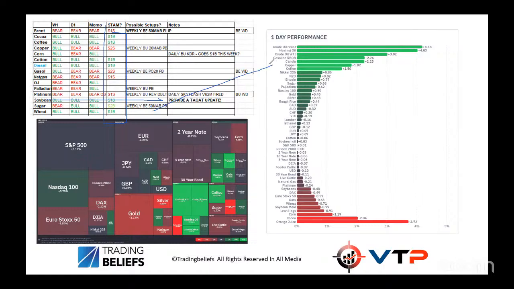If we look at the last day, no surprise that crude oil Brent, crude oil West Texas, heating oil and gasoline were all the bigger movers yesterday. This is the 24-hour candle, so no real surprise, that shouldn't be a shock. Then this heat map reflects the last week, a slightly longer term. Interestingly, the agris have done well, but not unsurprisingly, energy over the last week has had its biggest bump.